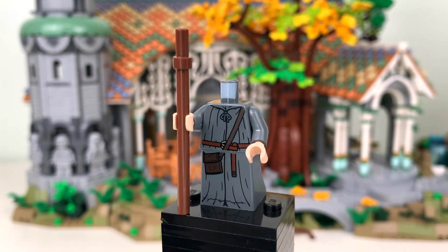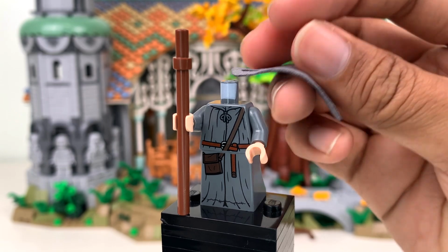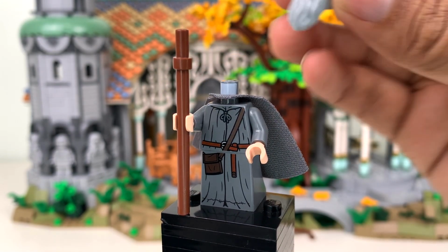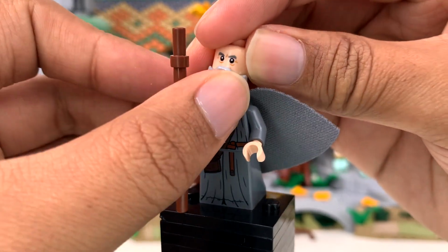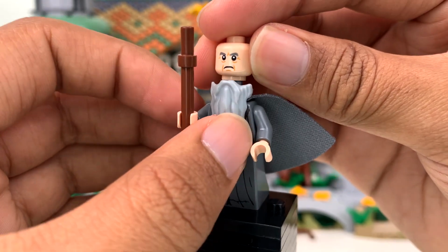There's a quick look at his torso print. He is the only character in this set with a spongy cape, and it is just a one-hole cape, so that just fits right over his neck. And then I'm going to go ahead and pop his beard on just so that you can see a better look at his face. I'm not sure if that print is new or not, but even if it's not new,